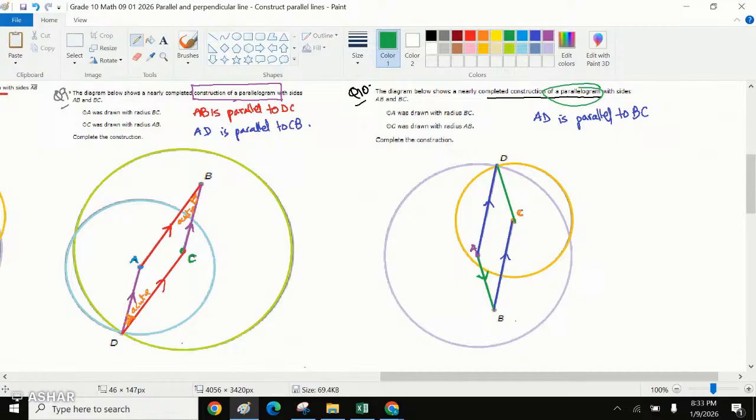So if we draw this line over here, can we say that AB is parallel to DC, right? We can say this. And if we pick up any angle, we say this angle was obtuse, this is obtuse, right? These angles are obtuse. So if these angles are obtuse, it shows that even if one angle is not 90 degrees, that means it cannot be a rectangle or square, it will be a parallelogram. Okay,